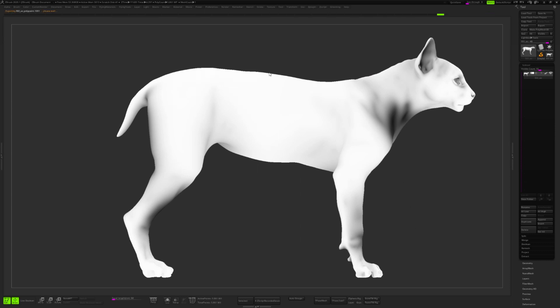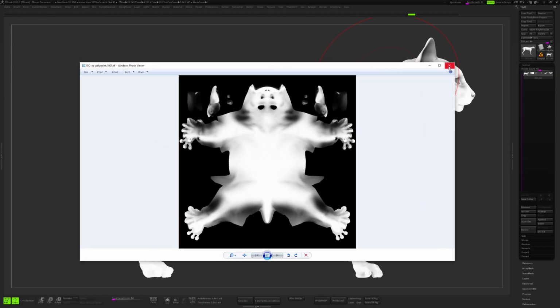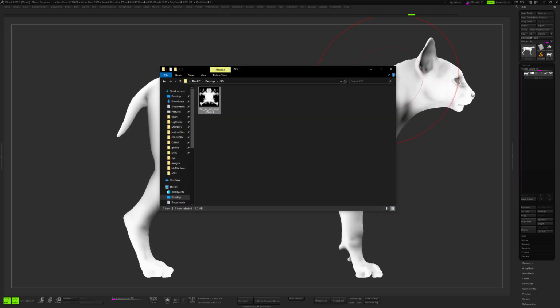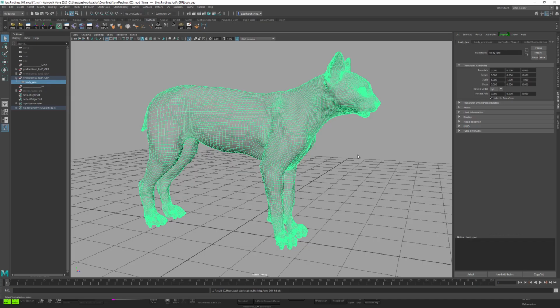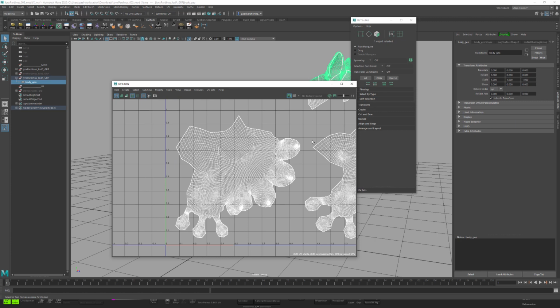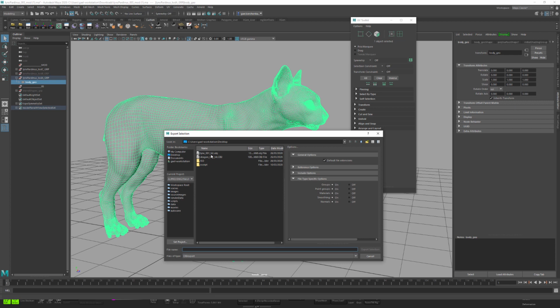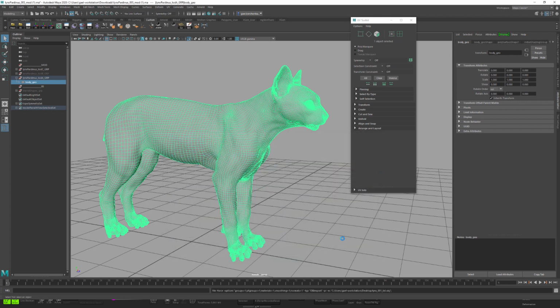Then ZBrush will be calculating all of the maps for this guy. Okay, so all of my maps have been exported. I can have a look at them quickly. This one, meaning that probably I didn't export the correct UV sets. Let's go back into my quickly. Okay, select this guy, go into the UVs, UV sets, optimize UV. Okay, this one is the correct one. I can export this guy out, replace this one,